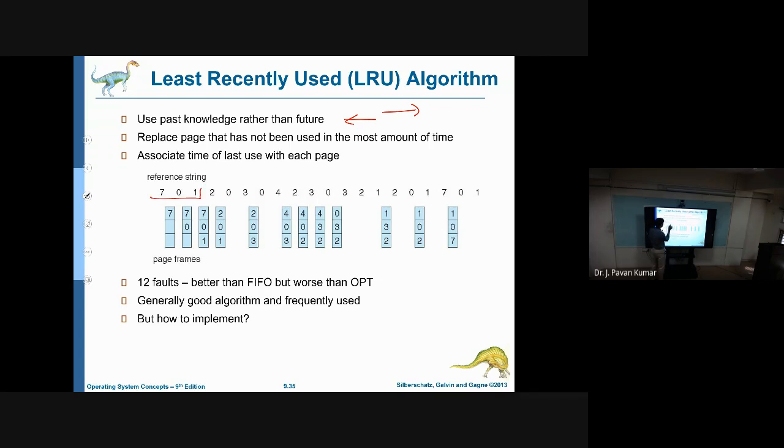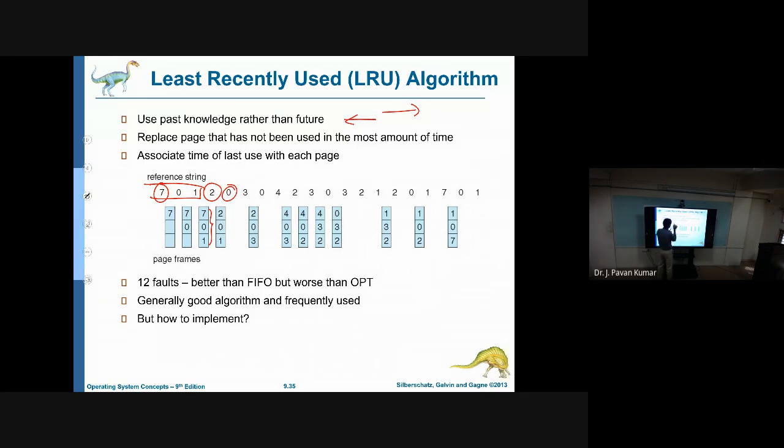Okay, up to this you know. Afterwards, 2 means out of these 3 pages which are available in the main memory, which one we have used last, that we will be choosing to replace. So 7 we have used last, so that we will be choosing to replace. Although for this particular instance it may be equal to first in first out, but you consider this one, then you can understand clearly.